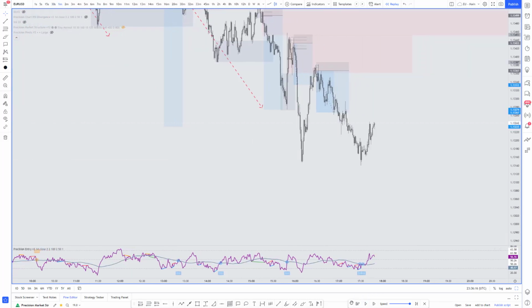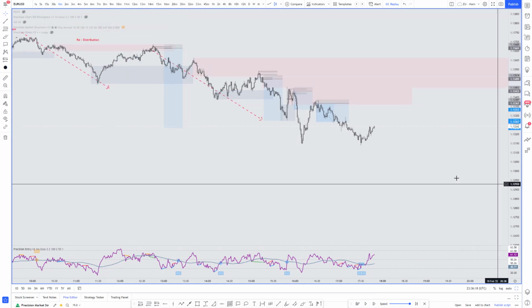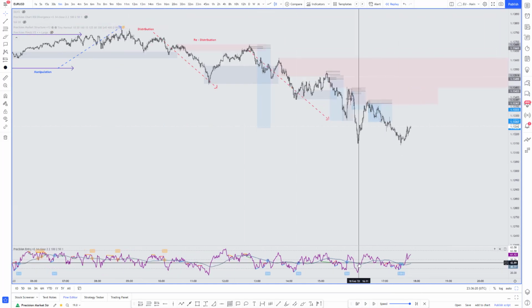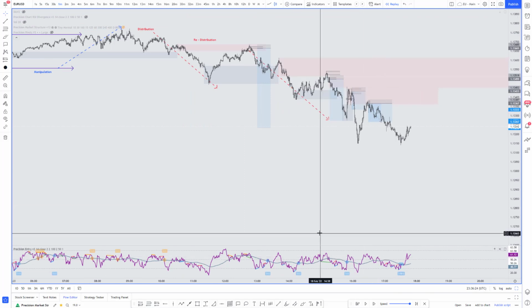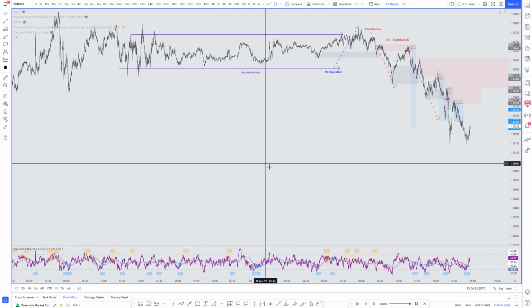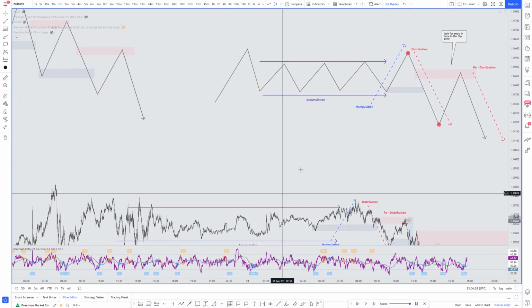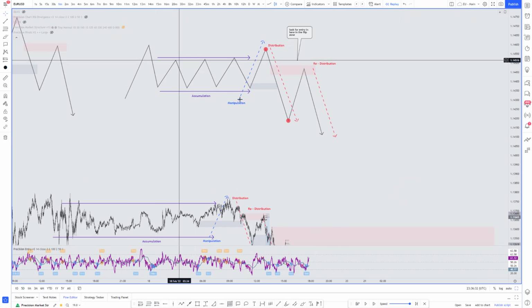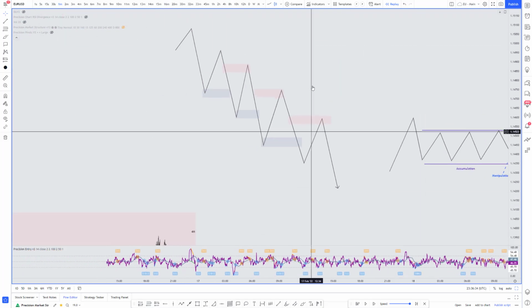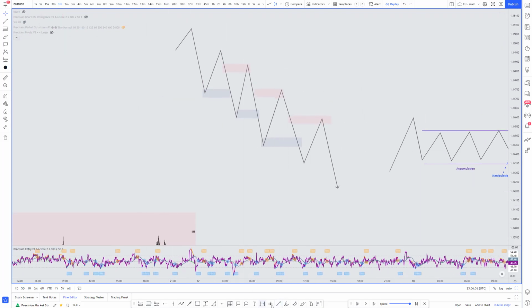But again, lots of opportunities. Do you need to catch all these? No, you don't. One's good. Two at the most. I'd be out of the market. Now, so we started off with a complex Wyckoff schematic. Then we took the complex Wyckoff schematic and we turned it into this. Then we took this and we turned it into this. The only difference here is